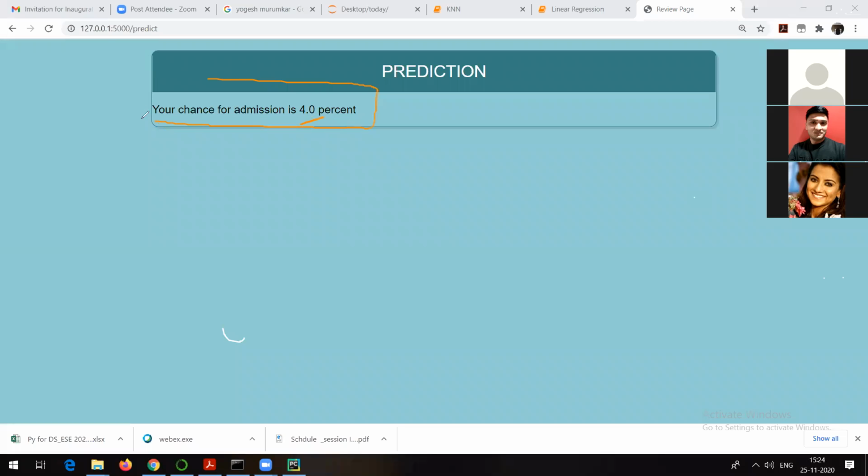So the point is that now see what we have done is we created the model, we saved the model with a .pickle extension, and we created this kind of web application. So here in Python, I have used one framework for combining all these things, and I have used a framework called Flask. There are other frameworks also available.